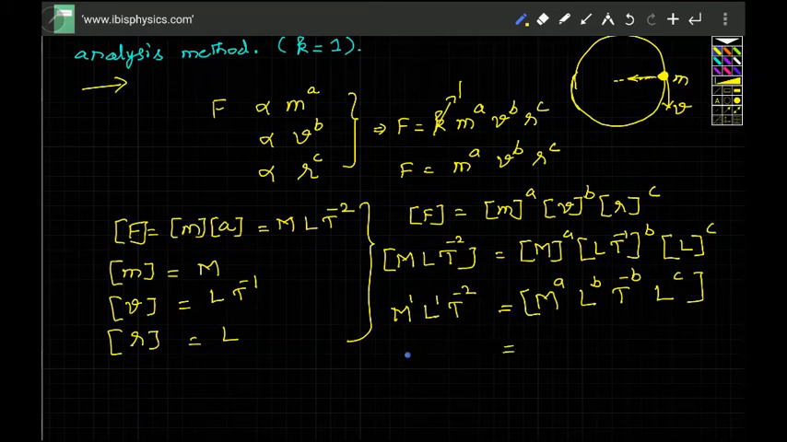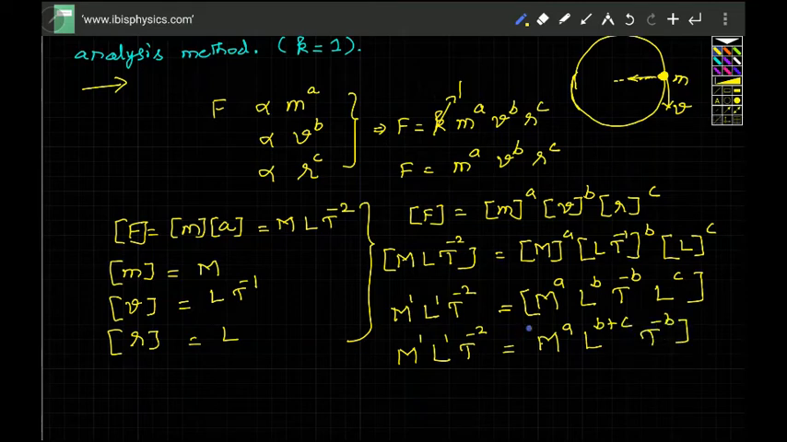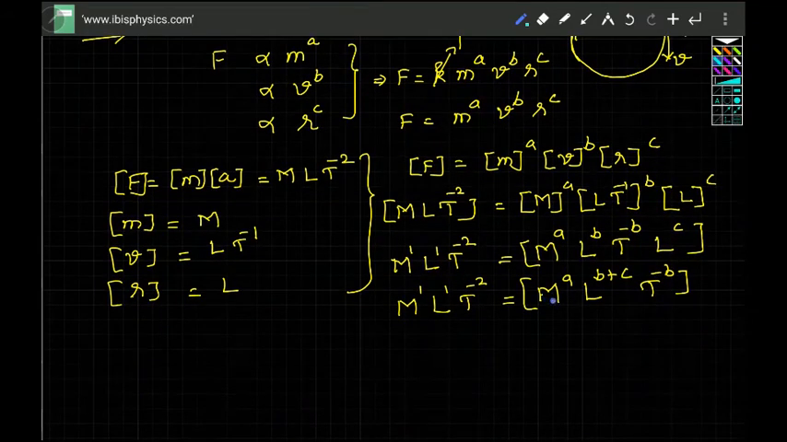On the left-hand side, this is M power 1, L power 1, T power minus 2. Then on the right, M power A, L power B and L power C. When you add the powers, it is L power B plus C and T power minus B. We just have to compare these two sides. On the right-hand side M power A is there, on the left-hand side M power 1 is there. So comparing the powers on either side,